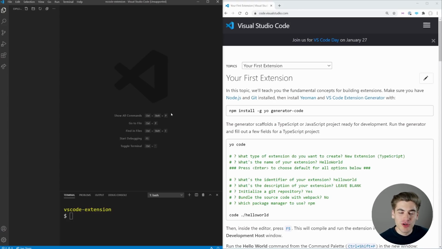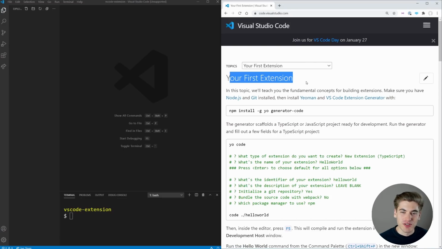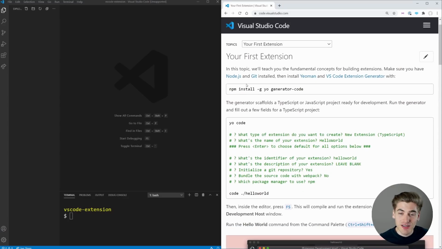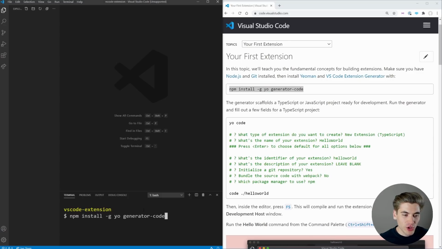Now, in order to build out that extension, we're going to be using the Visual Studio Code documentation. They have getting started documentation on building out your first extension, and this documentation is really thorough and really well documented. To get started, all we need to do is run this simple command to install the Yo library and the generator code library globally onto our computer. This is just going to allow us to actually generate code that will create the extension shell for us so that we can actually start programming out the extension, because there's actually a lot of boilerplate code that we need to generate. So once this is done installing, I'll be back to you.